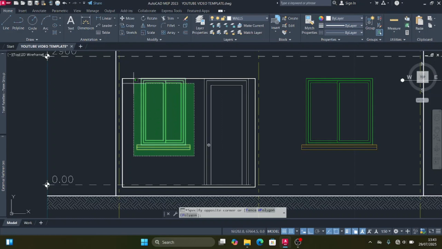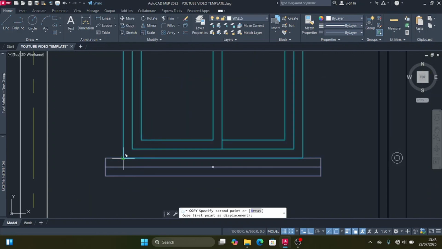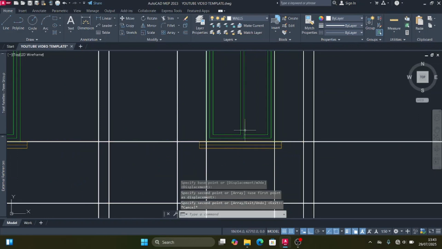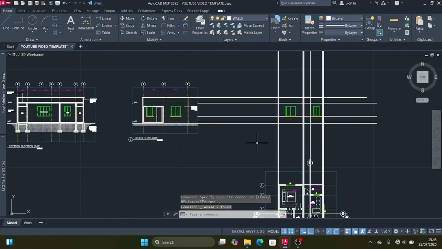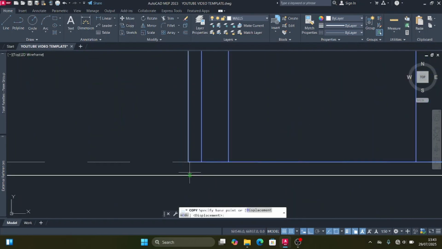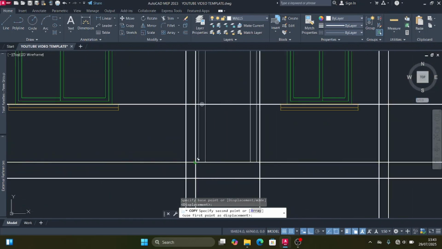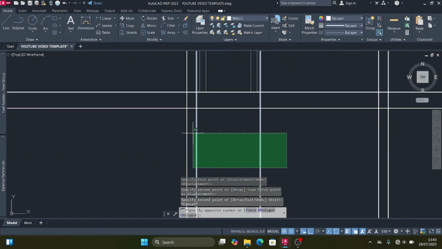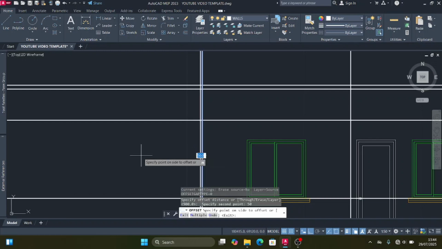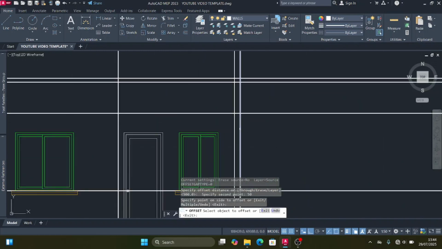So I'll first copy the window, then I'll place it over there, press escape, select those lines and delete them. Then next I'll handle the door, right? Alright, so next I'll select this line, click at the offset command, then offset it at a distance of 50 this other side, then I'll do the same thing this other side,